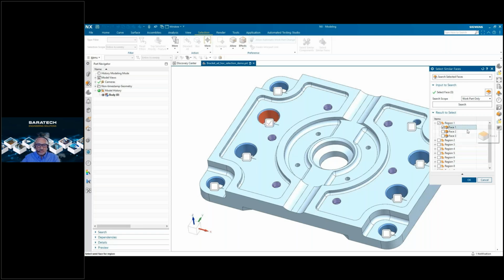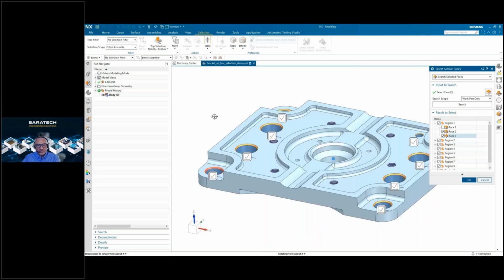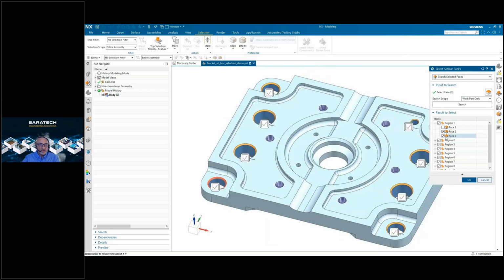So you can see, you can identify geometrically similar regions with machine learning enabled region recognition. And then in this example, you can see the region recognition and an ability to perform operations on similar faces. Ability to find and select similar faces across multiple components, develop custom checks to perform validation of similar regions with Checkmate integration.